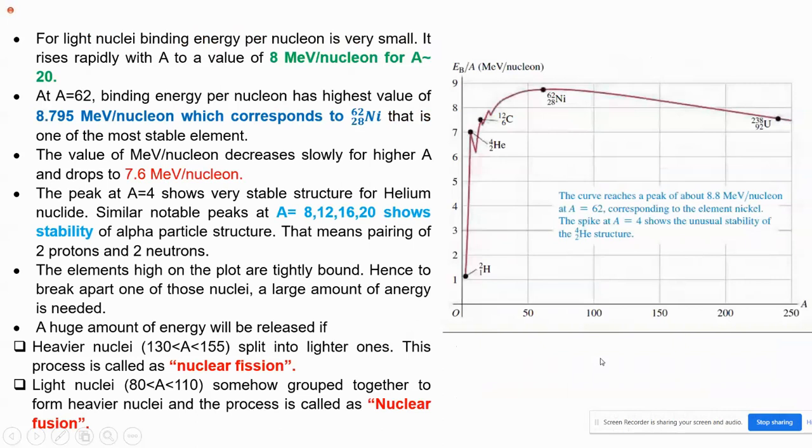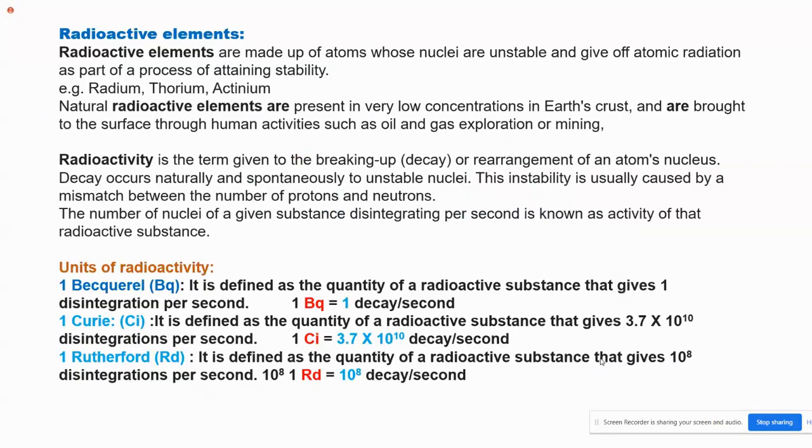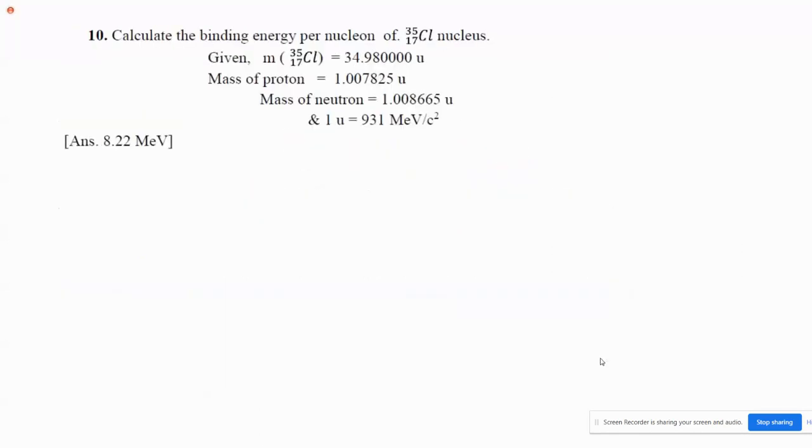So here we have finished the first chapter, that is nuclear structure. The second chapter is radioactivity. Now, there are radioactive elements we have just seen. Out of the known elements, most are unstable, radioactive elements. Only 258 are the stable isotopes. So 85% are unstable. That's why this area